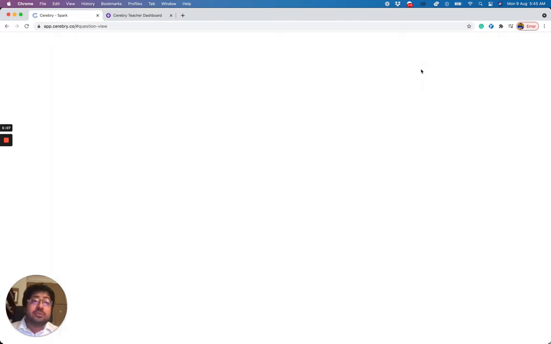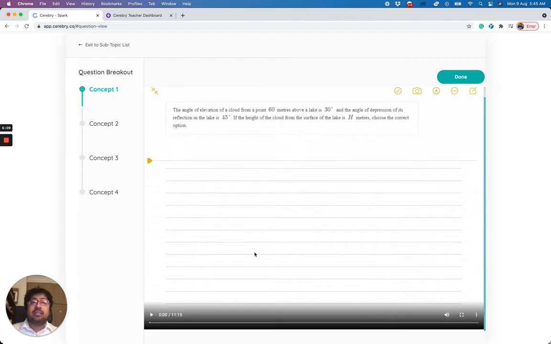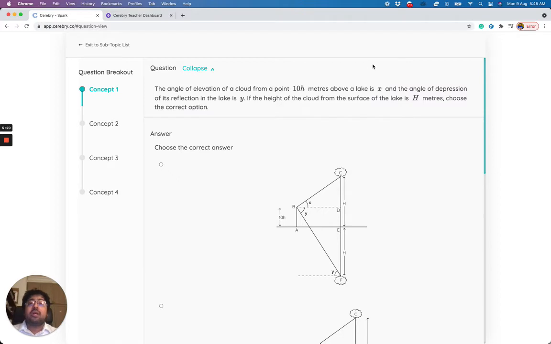Okay, my answer was wrong again. So this is where the level of intervention will increase further. Now the engine will not just show us the step-by-step solution, it will actually show us a concept video. After the student has watched the video, the student will get yet another opportunity to see whether they have understood the concept and skill required or not. So it will present them another question based on the video.